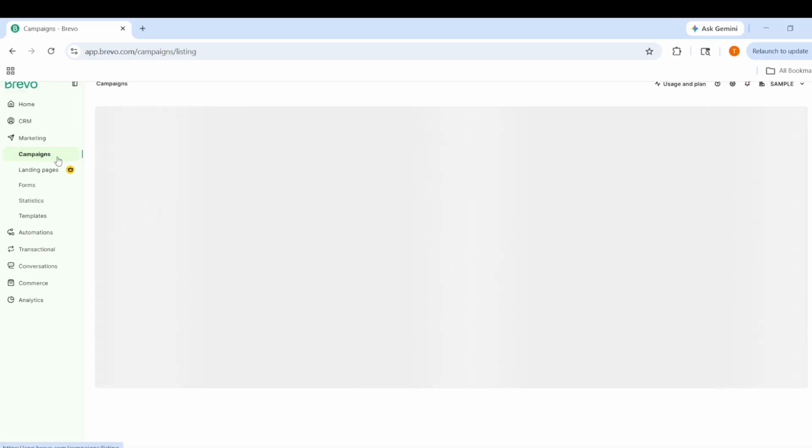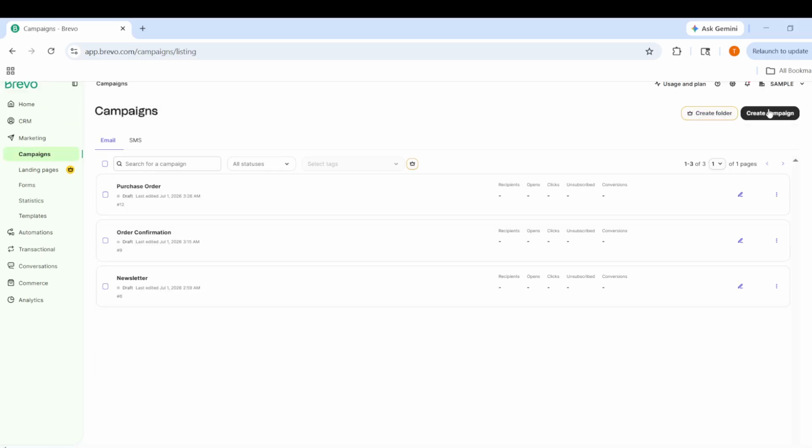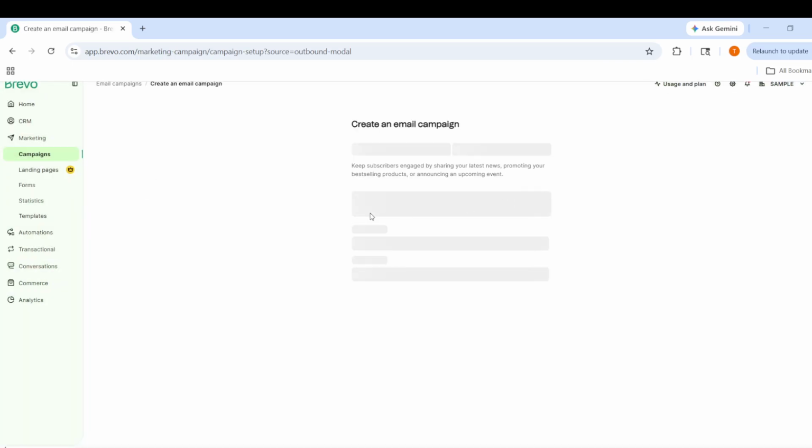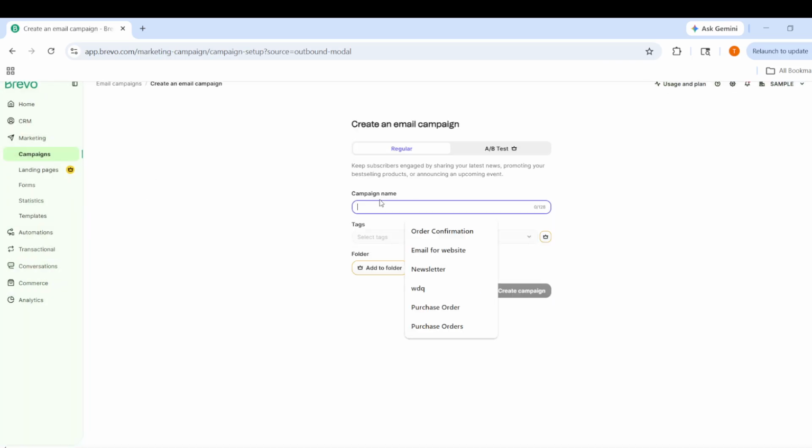To begin, go to the Campaigns section. From there, click to create a new campaign. This is where you start the process of building an email that you can later send to your contacts. When you do this, you should see an option to choose the type of campaign. Take a moment to select email as your campaign type, because that ensures the editor and settings are tailored for